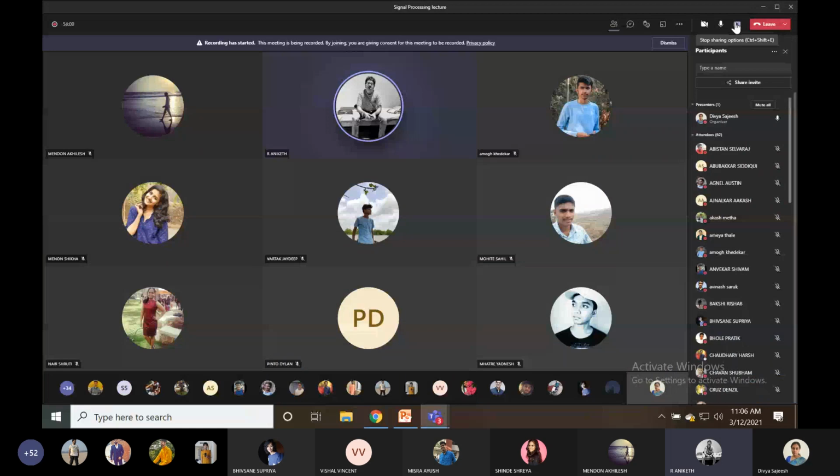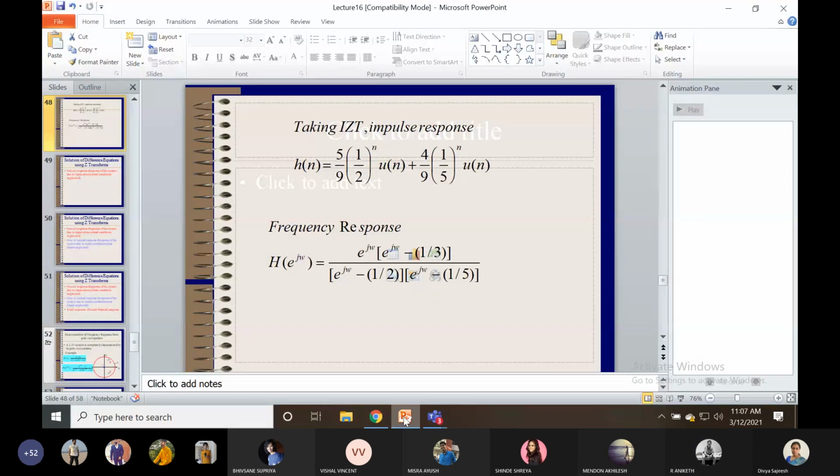Hello, ma'am. Yes. Ma'am, when we are taking partial fraction, why are we not taking z equal to e raised to j omega at that time for finding the value? Sorry, partial fraction, why we are doing is to segregate the terms so that directly we can apply the z inverse. Otherwise, how will you obtain the z inverse?